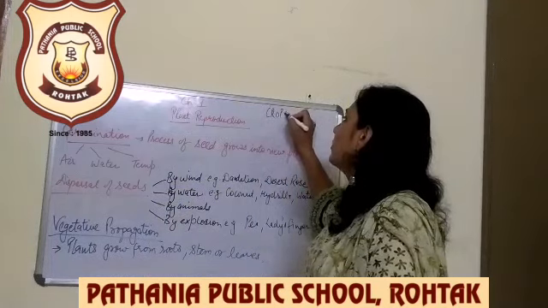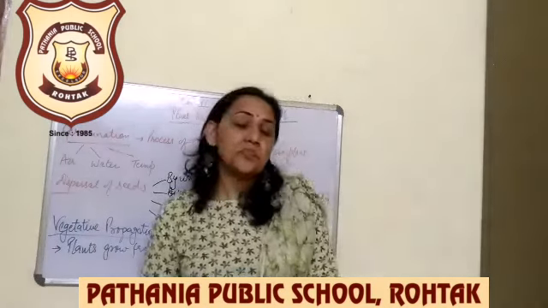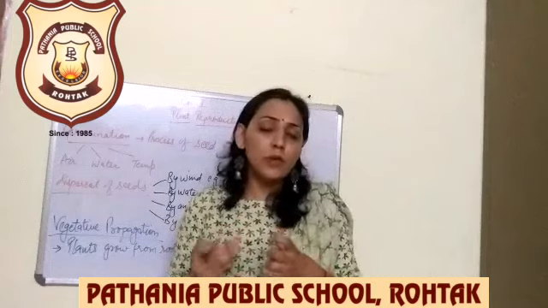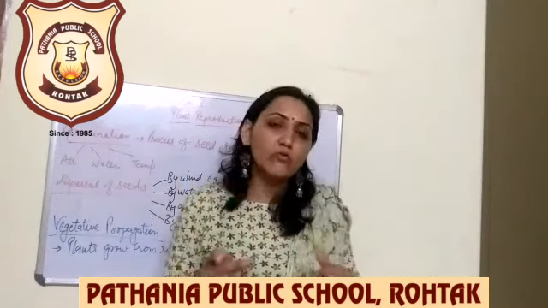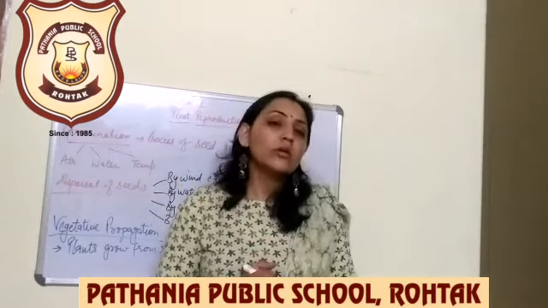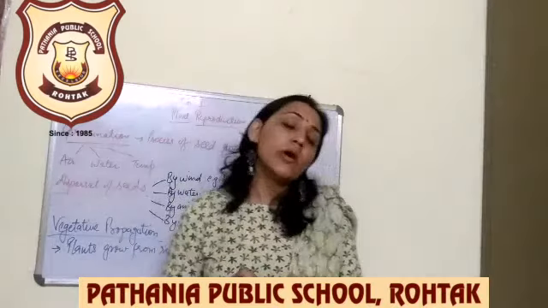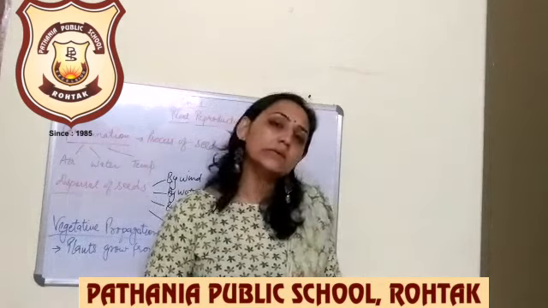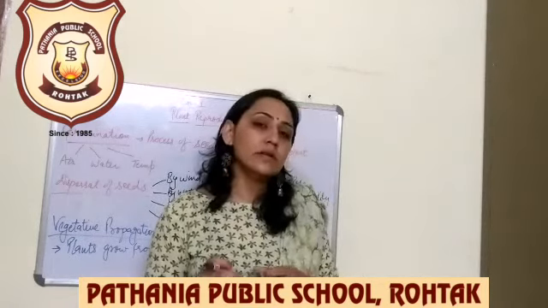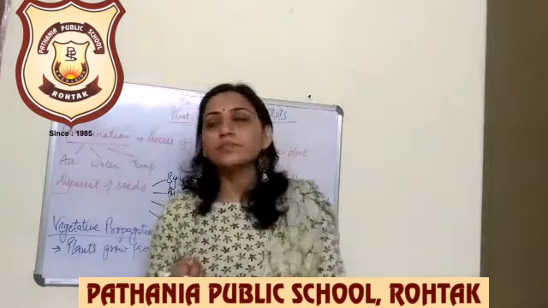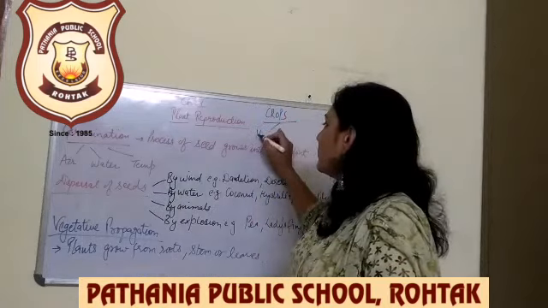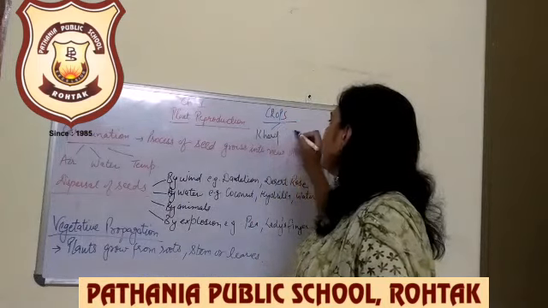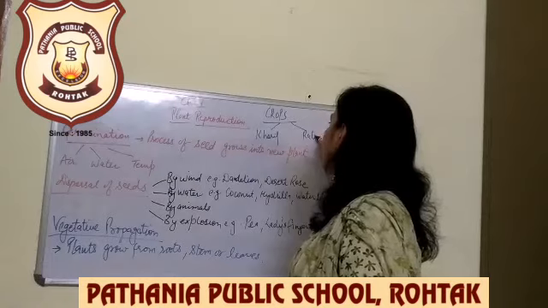Next is crops. What are crops? Crops means when the same type of plant is grown in a large area of land, that is called crops. Clear beta? Crops require basic things: water, proper nutrients, proper manure or fertilizers, so that they can easily grow and get a good yield. So two types of crops are there: kharif crops and rabi crops.